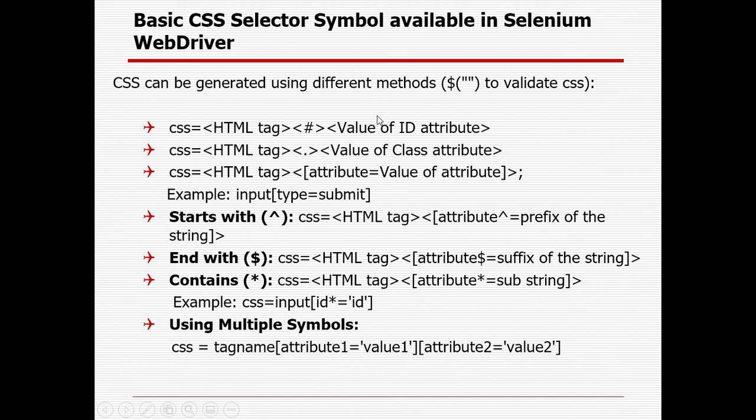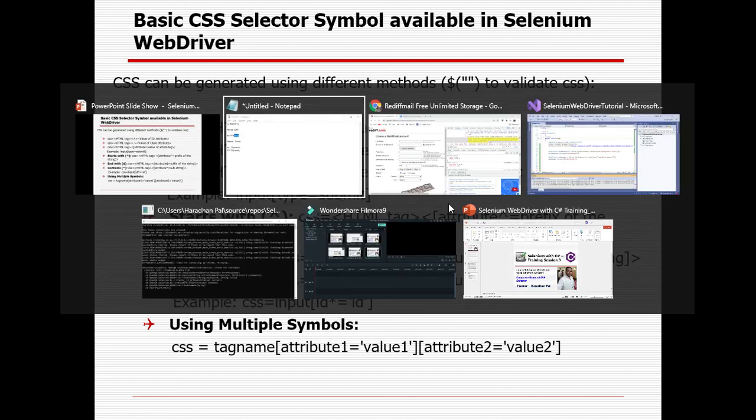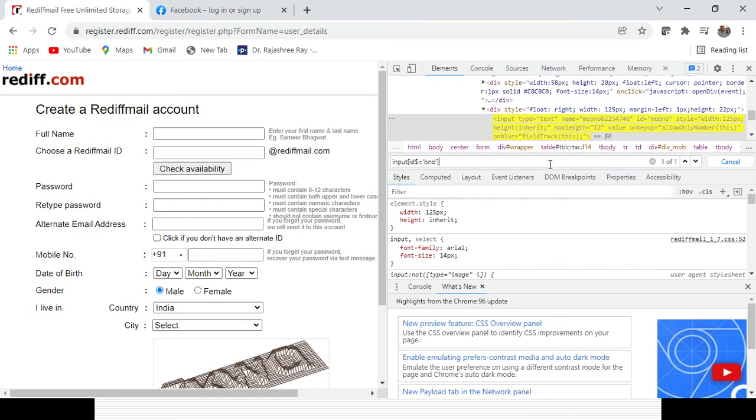If you know the ID, you can simply use the tag name with the value of the ID. If you know the class attribute, you can simply use the tag name dot class attribute. If you know some other attribute apart from ID and class name, you can use the tag name, then attribute equal to corresponding value. So those are the different ways you can create your own customized selector. But you need to validate with the selector whether you are able to identify the element uniquely or not. That's the first thing. In case you are getting only one result out of one,